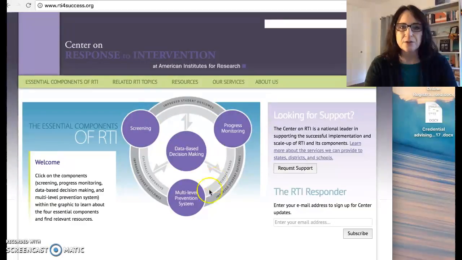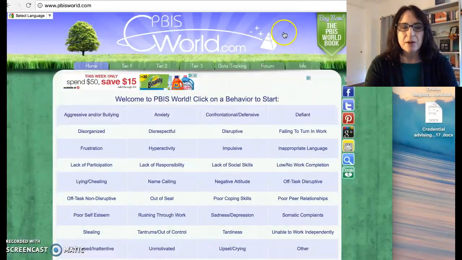rtiforsuccess.org, and this is a great resource for shifting data into a useful tool. So for progress monitoring, for the universal screening, that first part of RTI, and also for the multi-level prevention system. And so it gives you some really great resources here. We also took a look at